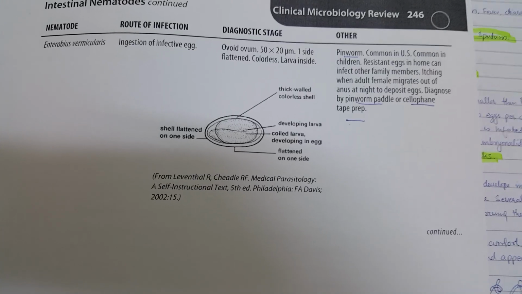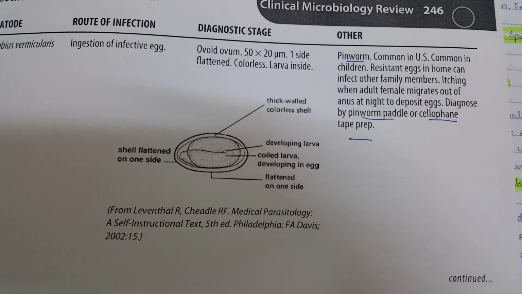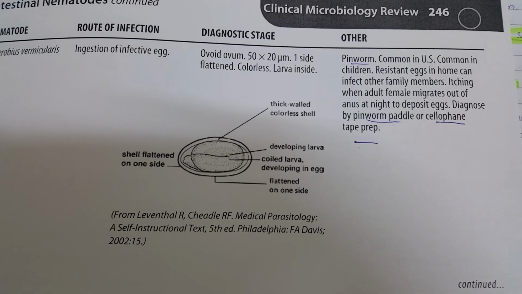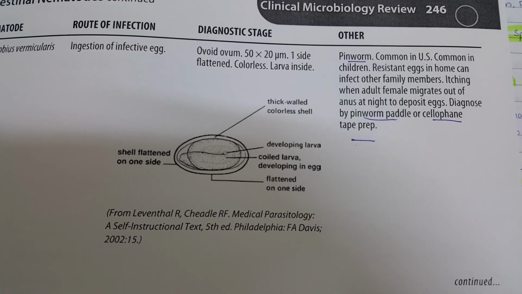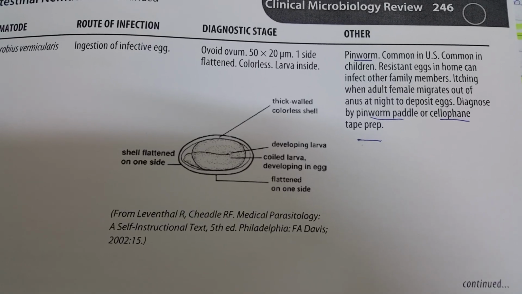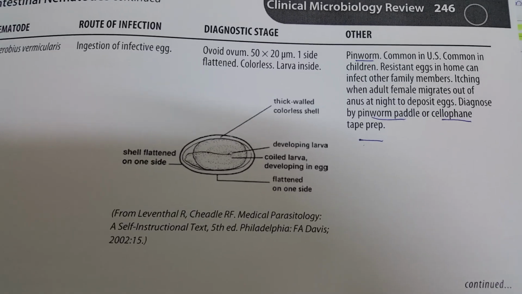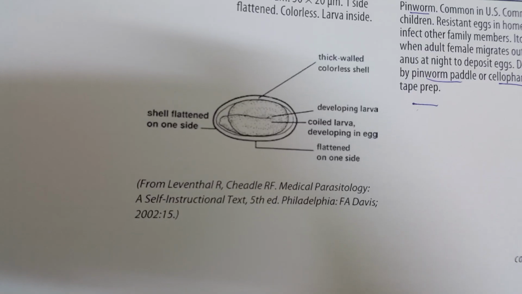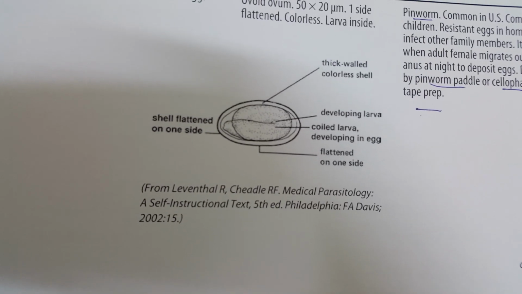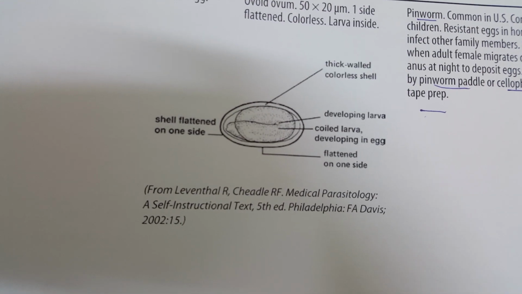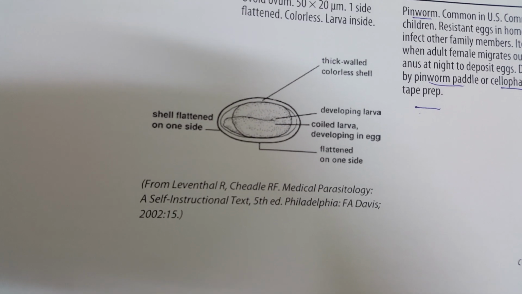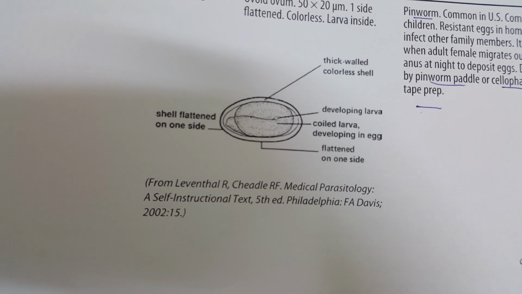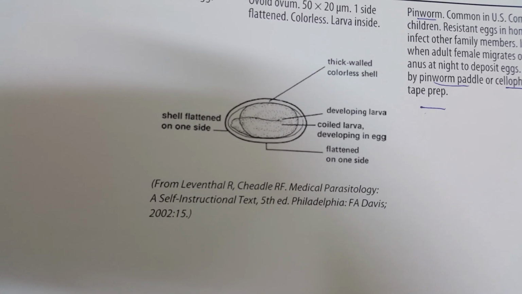The adult female migrates out of the anus at night to deposit eggs, and it is diagnosed by the pinworm paddle or cellophane tape prep. It has a thick wall, colorless shell. The developing larva is inside, which is colorless and coiled, and one side of the shell is